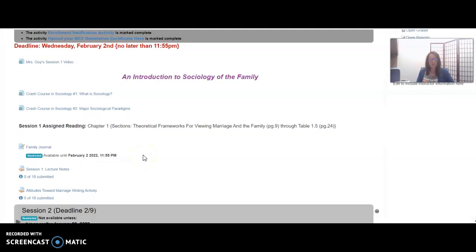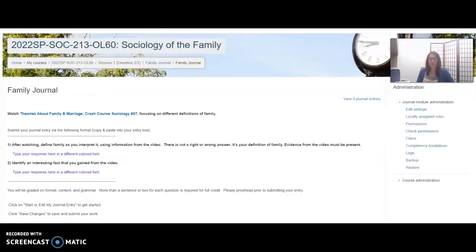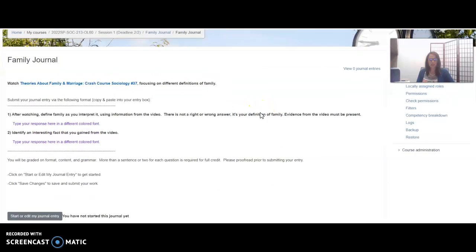So then you're going to move into your session activities. You have a journal first, and journal activities typically are going to have some sort of video or some activity to return back to in the text, and you're going to click on your journal link. I'm going to open in a new tab so I can get back to this main screen for you. All right, here we go. I'm going to show you exactly how to complete and submit your journals.